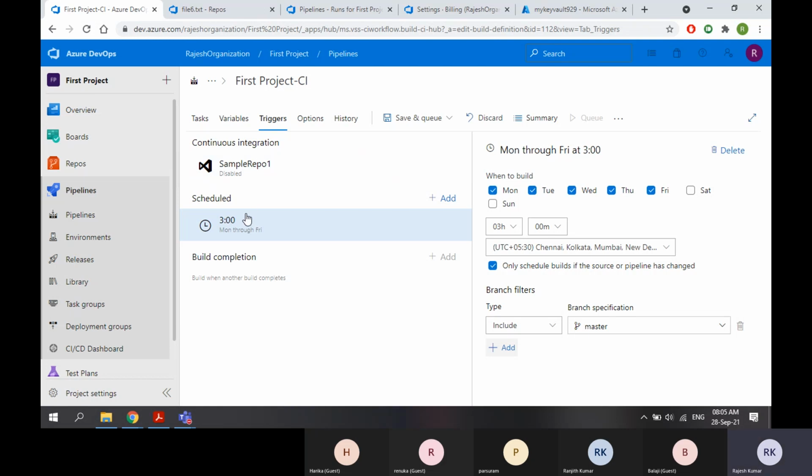Why? Because a schedule trigger will take all the changes in a day. For suppose 9 to 6 is your office time. So your developers come at 10 o'clock and they will work till 5 o'clock. So 10 to 5, almost 7 hours. In 7 hours, let's say, as I said, you have 100 developers. If each one did one change, there will be 100 changes. That means your build pipeline should run 100 times.